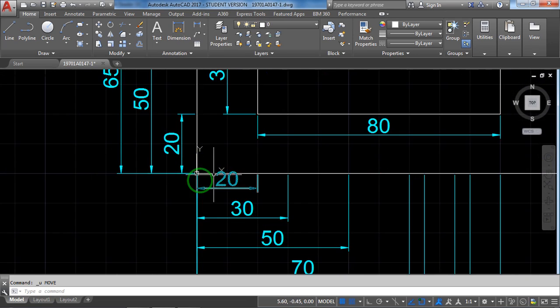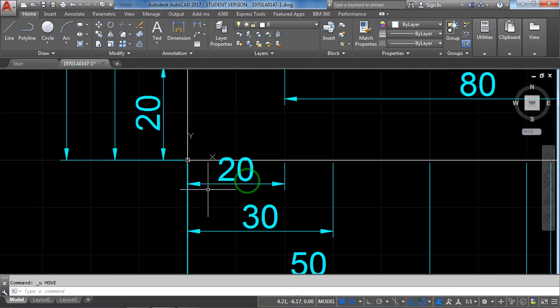See, with respect to origin, we have selected that point. Just draw a small line here.